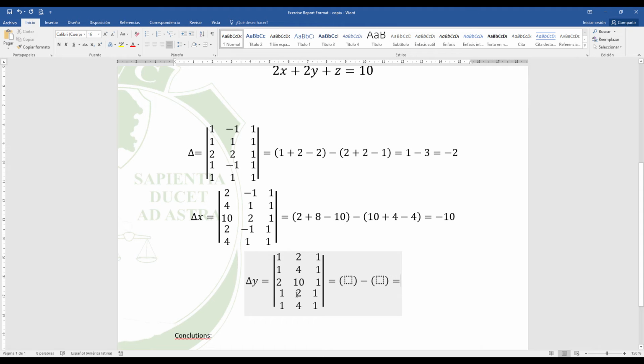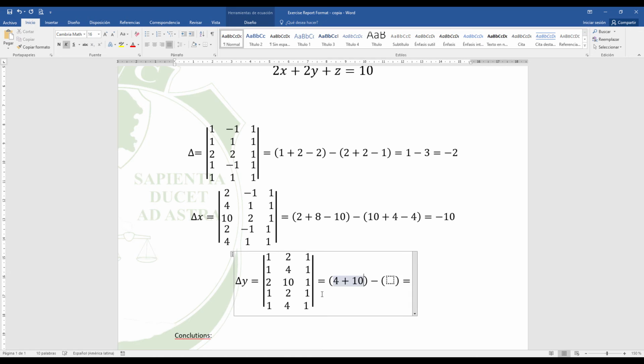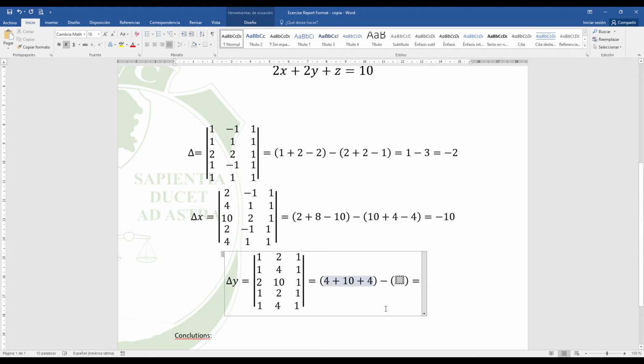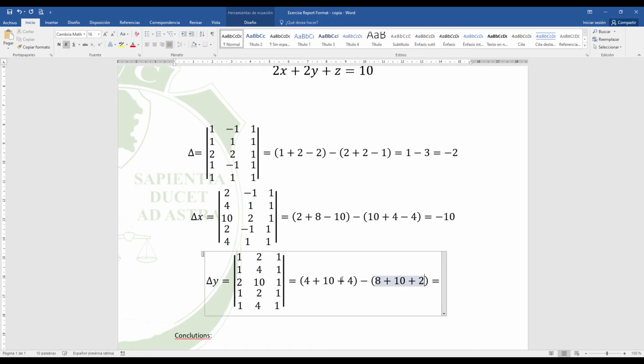Now you need to multiply. Here is 1 times 4 times 1, so this is 4. 1 times 10 times 1 is 10, and 2 times 2 times 1 is 4. Multiplying upward: 2 times 4 times 1, 1 times 10, which is 10, and 1 times 2 times 1 is 2. So here is 18